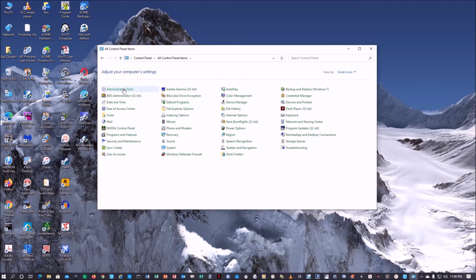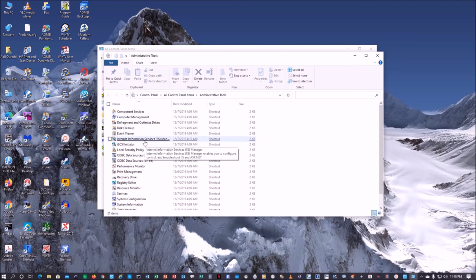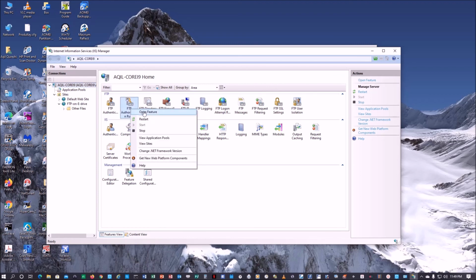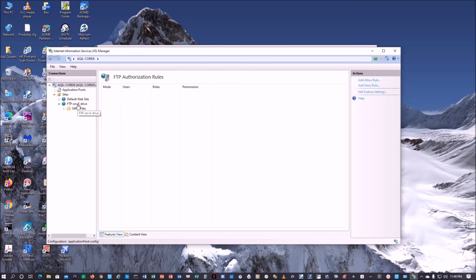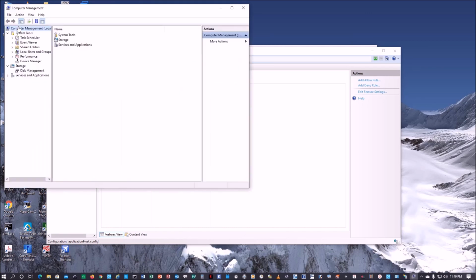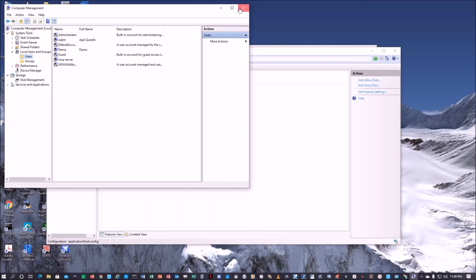Then you go back into your administrative tools and go into Internet Information Services, and at which point you will expand that, and you will expand this, and you right click on it to add the FTP site, which we have added here, and then you will open this to, okay, you will open the feature to allow the administrator of this computer, which you will find by going into This PC, Manage, and you will expand the users and click on user, and this is where you find it, and then you will give the read